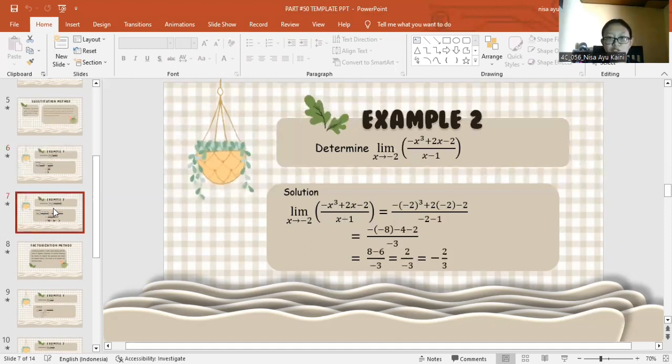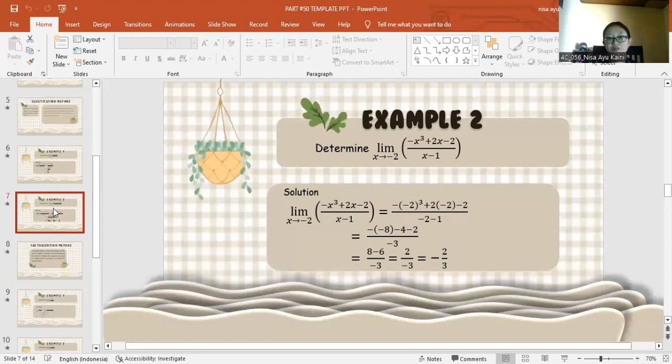Okay, example 2. To determine the limit as x approaches negative 2 of negative x cubed plus 2x minus 2 all over x minus 1. The solution is we can use the substitution method. Substituting x equals negative 2 into the expression, we have the limit as x approaches negative 2 of negative x cubed plus 2x minus 2 all over x minus 1